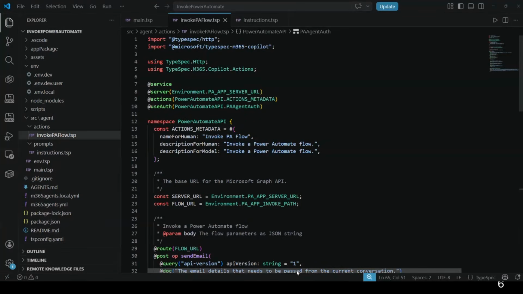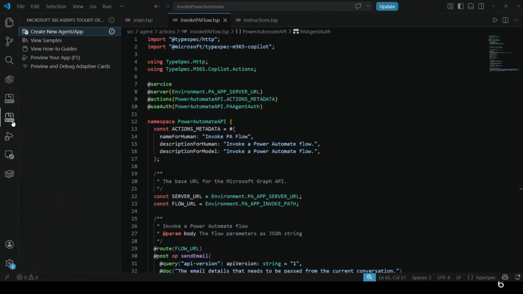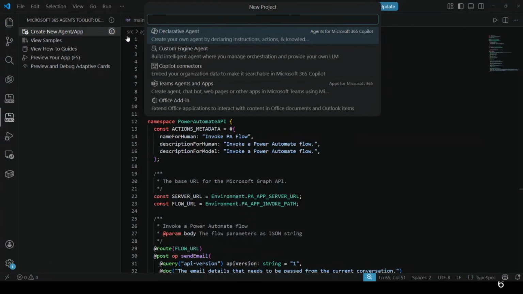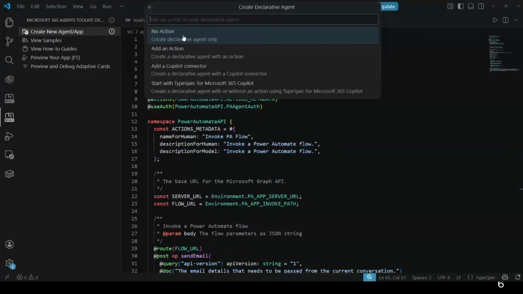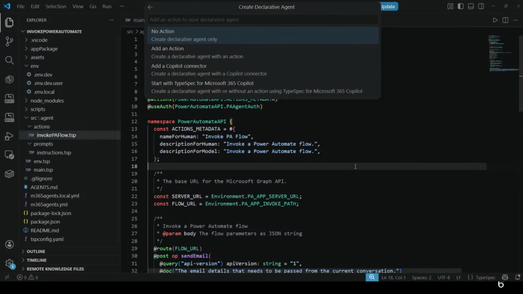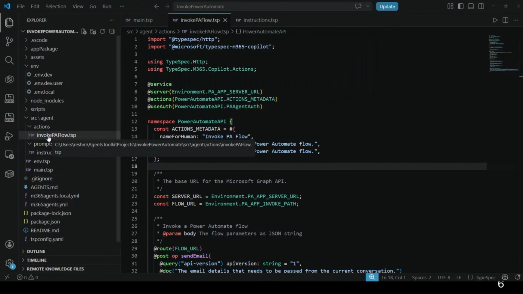declarative agent. To create a solution with TypeSpec is quite simple. You need the Agents Toolkit extension within Visual Studio Code, and then you go to create new agent app, declarative agent, and you start with TypeSpec for Microsoft 365 Copilot. Once you do that, it's going to scaffold a solution. My solution is very simple, not very big,